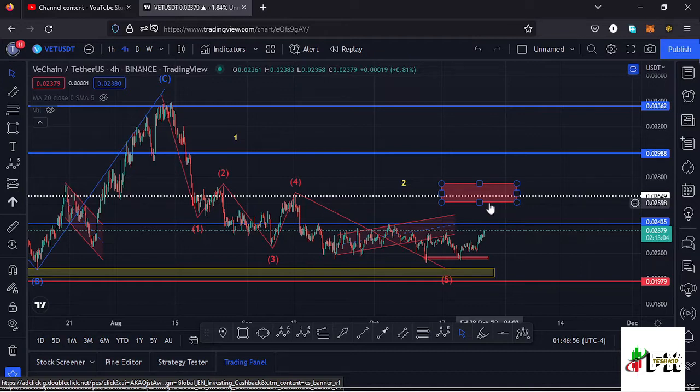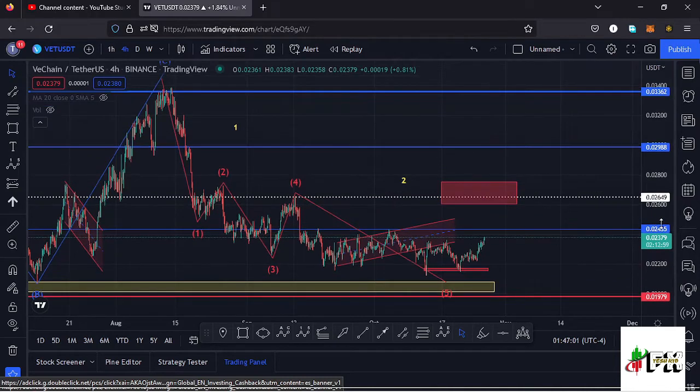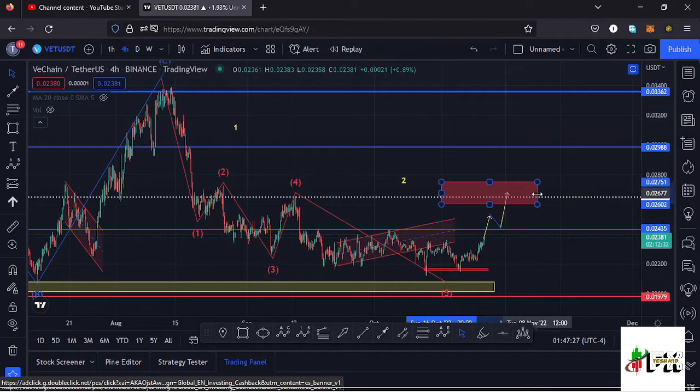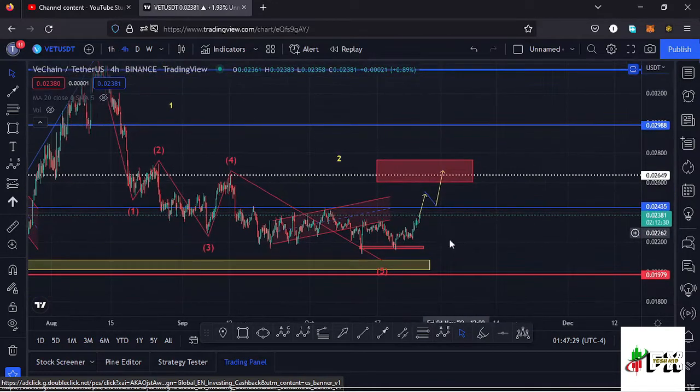So that is the minimum that I expect that wave 2 to the upper side to do, and that means there is a possibility that Vechain might give us a bit of a bounce over here to get us into this target area, and for that to play out, I also expect Vechain to break above the key area of resistance at around the $0.024 mark, maybe even see a successful retest of that key area of resistance, and once the retest is in and we continue pushing higher, I expect us to get into this target area,